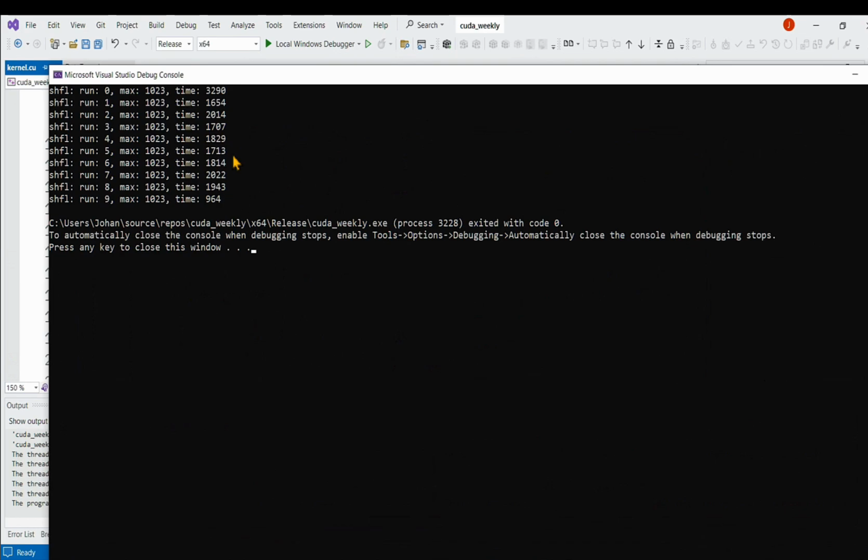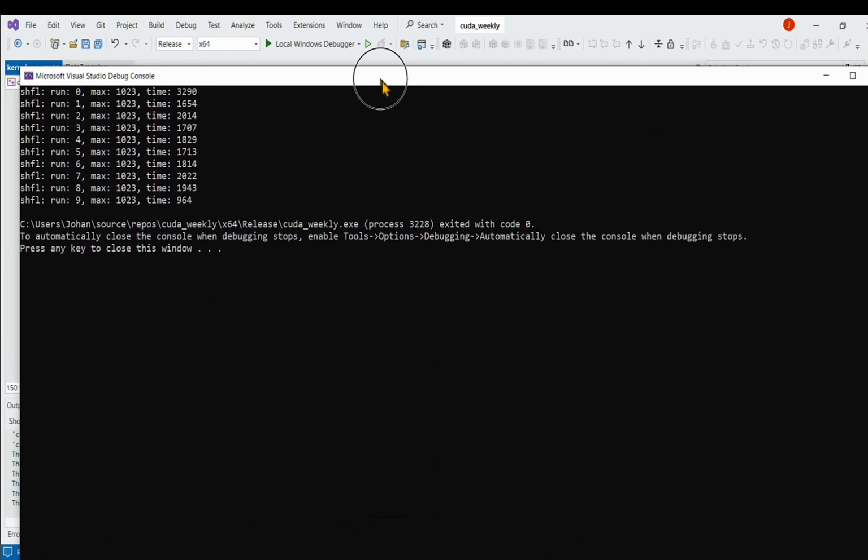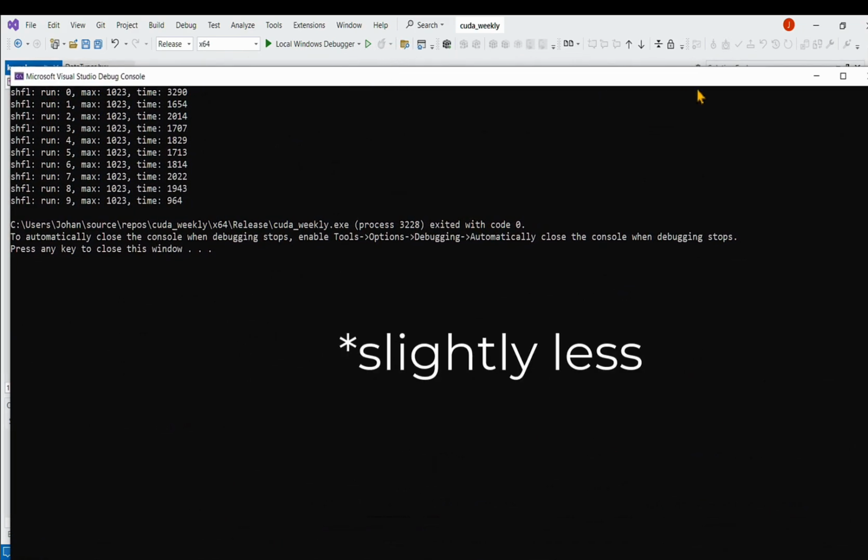So it runs somewhere around 1700 cycles. I think the optimizer here has found a way to cut the end of the loop. So I don't think this time is realistic. So about 1700 cycles, which is slightly more than 2 cycles per value. Let's see if we can do this faster.